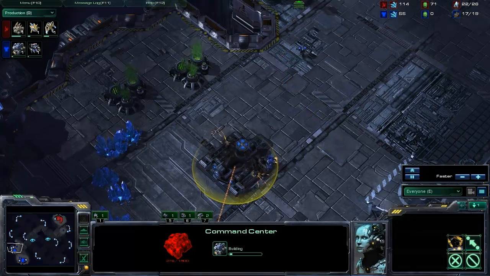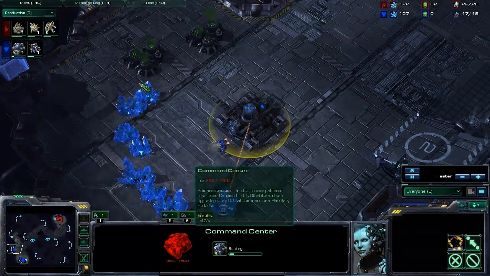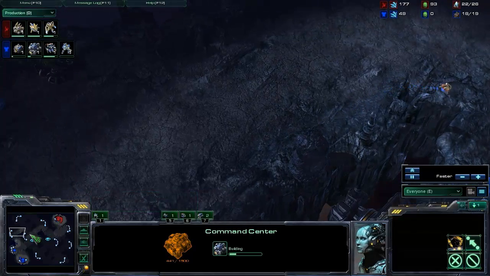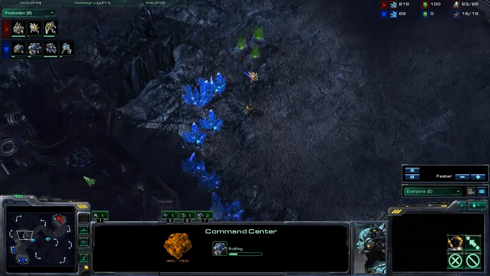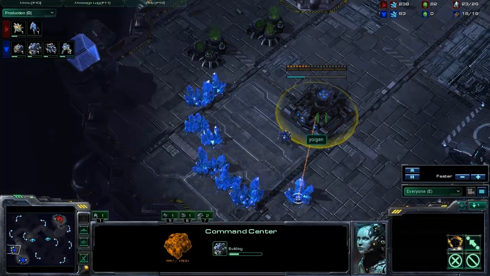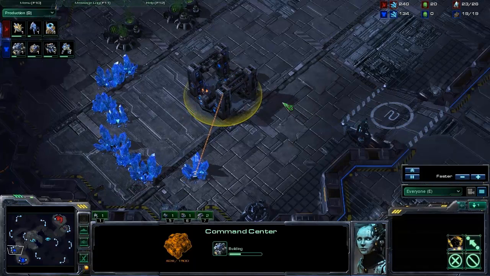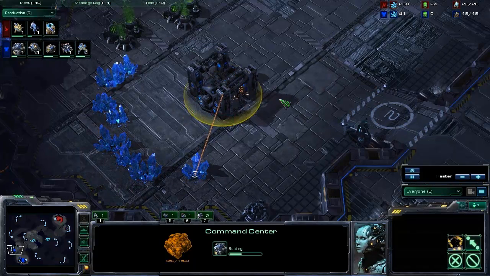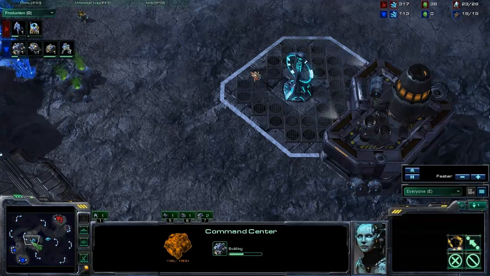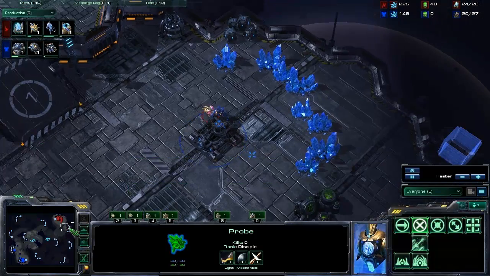you have some cannons over here. The cannons will start shooting the SCVs, and then afterwards, if the SCVs either die or get withdrawn to the main base, they will actually start shooting this command center. And well, in short, the Terran player will not be able to do anything over here, and he wanted to prevent that, of course. So the probe is here, sitting on